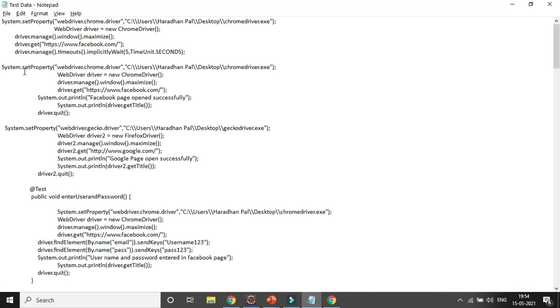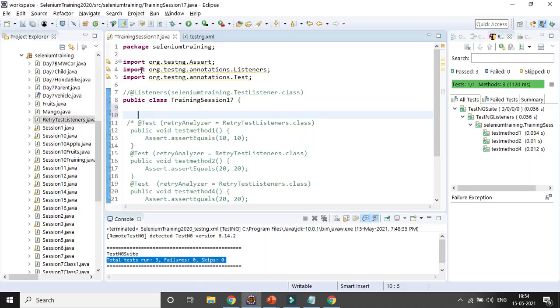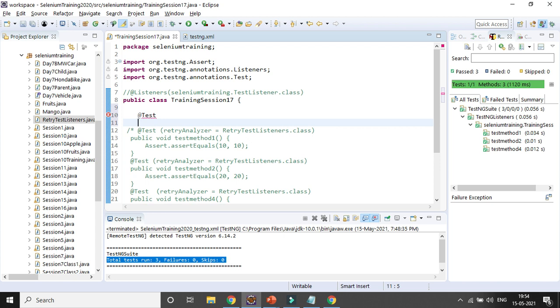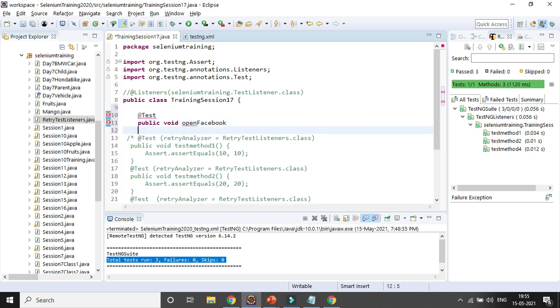One test case I will be creating is @Test public void openFacebook. Suppose that is the one method I want to create.